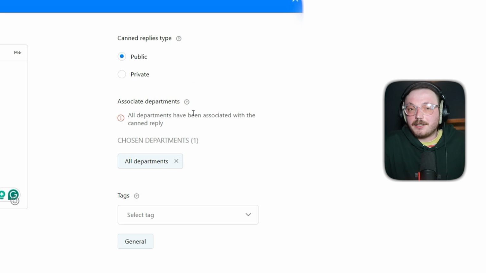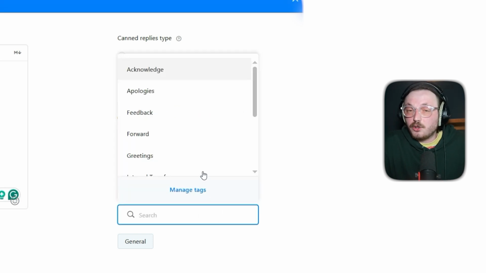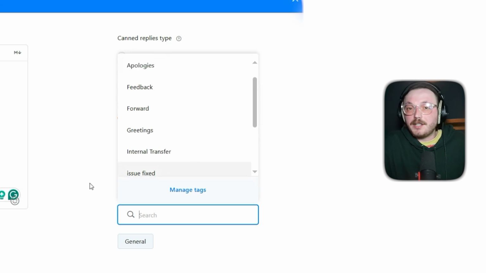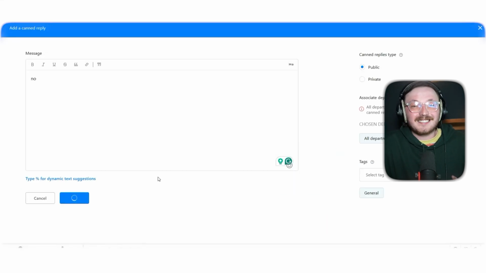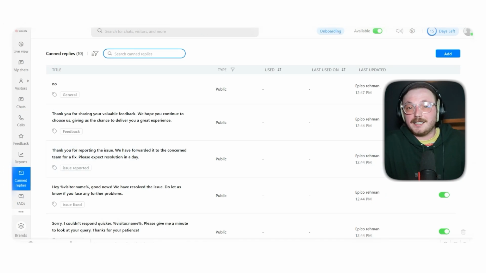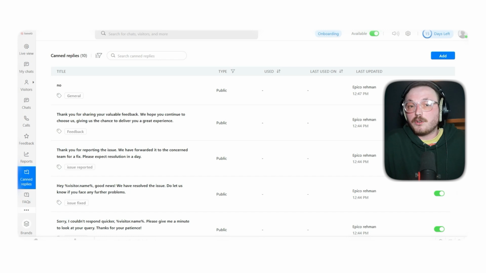You'll also see a drop-down labeled Tags, where you can select or create tags that help you organize and filter your canned replies later. Once everything is set the way you want it, simply click the Save button at the bottom of the panel, and your new canned reply will be added to the list. Now, whenever you or your team members are chatting with customers, this response will be available instantly to improve speed